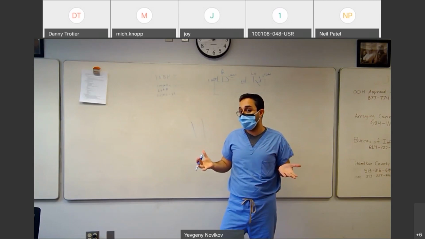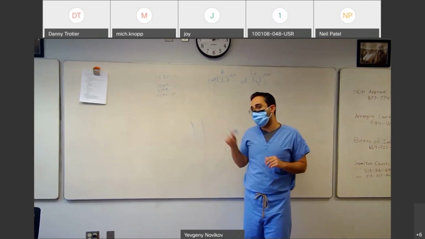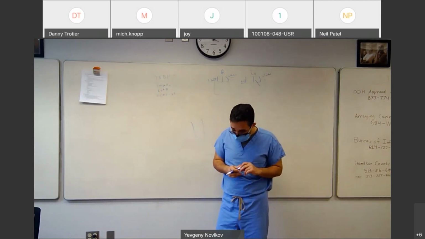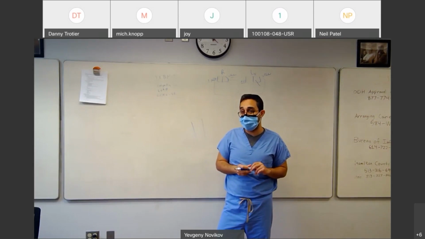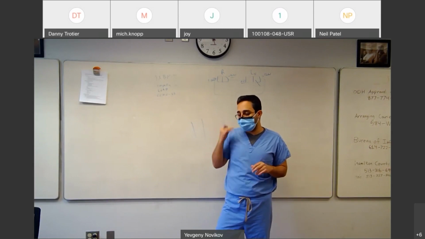Or if this was a myocarditis that you think is a temporary measure, again, this is going to improve on itself. What are some of the complications you can see with VA ECMO? Have you had patients that have vascular compromise post-ECMO? Yes. Okay. Why does that happen? So imagine our femoral